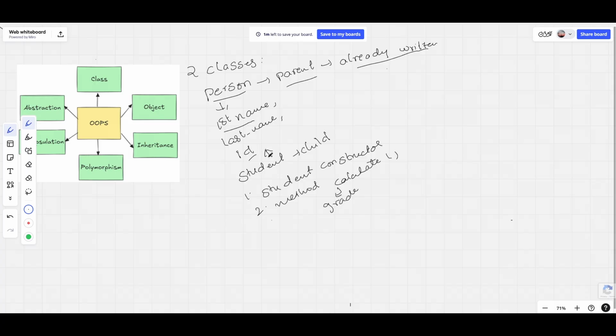The other class is the Student class, which is a child class that we need to implement. Our job is to write the Student constructor and the method calculate to return the grade. Now let's try to solve it one by one.